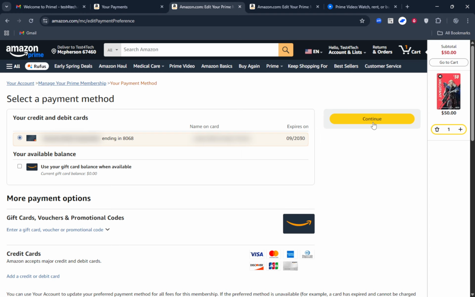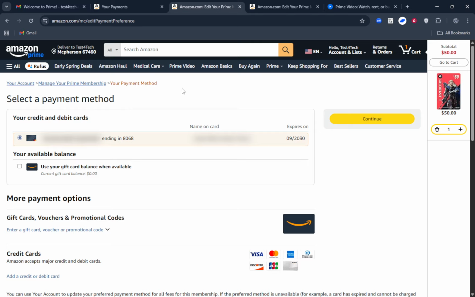If your previous card expired, it's often cleaner to remove the old card after you've added the new one, so there's no confusion later. Amazon may place a small temporary authorization on your card to verify it. This is normal and should disappear automatically. Make sure the billing address on the card matches what your bank has on file to avoid declines.